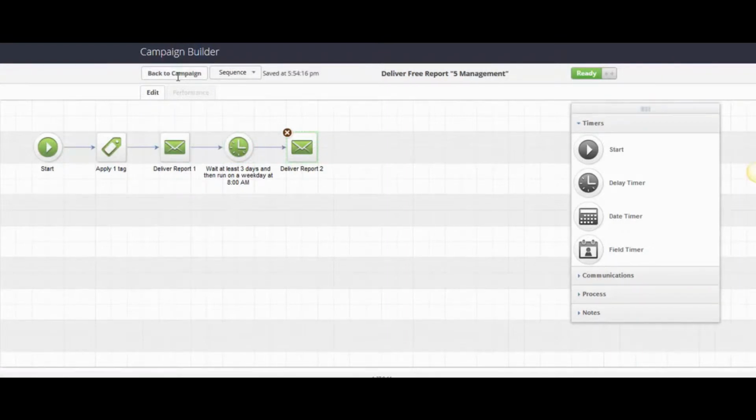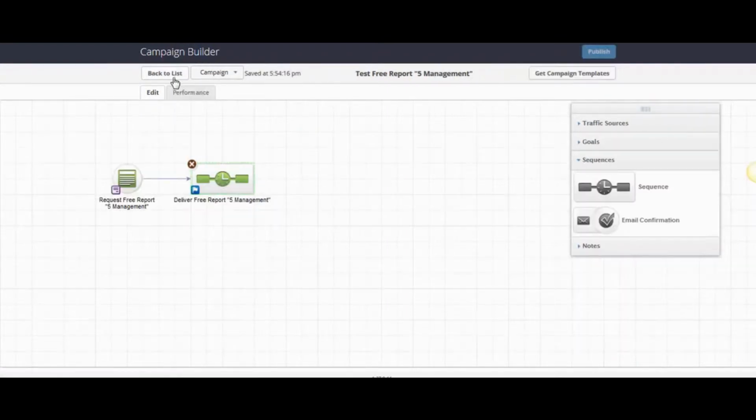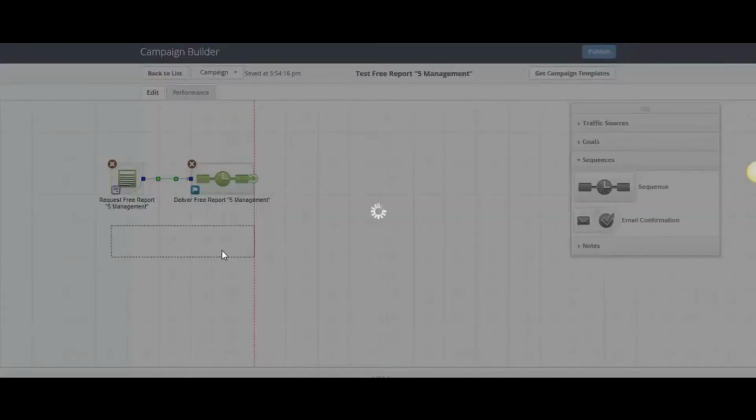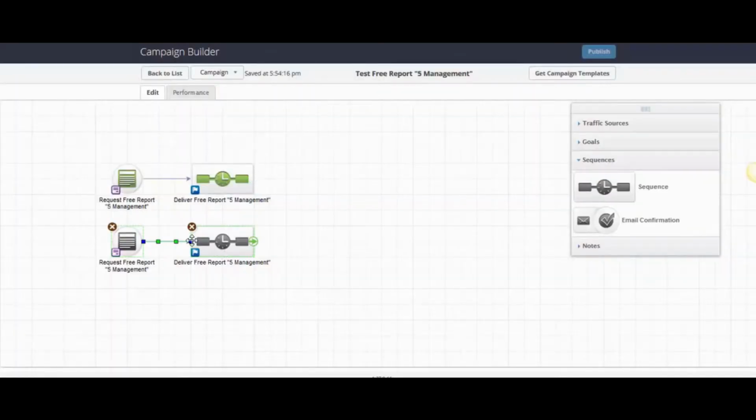Well, I want to create the exact same sequence. I want to copy that. I don't want to have to do it all over again. So if I select an element, and for this, you can actually copy multiple things, I'm going to select the goal and the sequence. I'm going to hold Control. I'm going to click and drag to an open space. As soon as I let go of Control, it is going to duplicate everything that I selected down to the